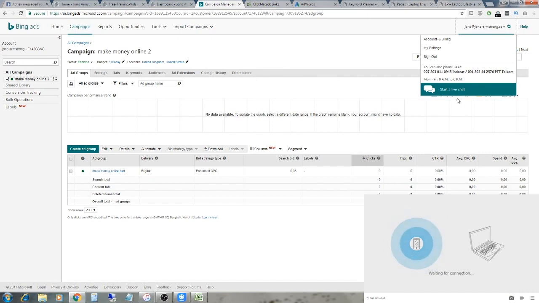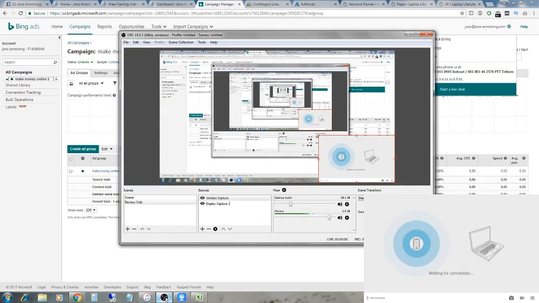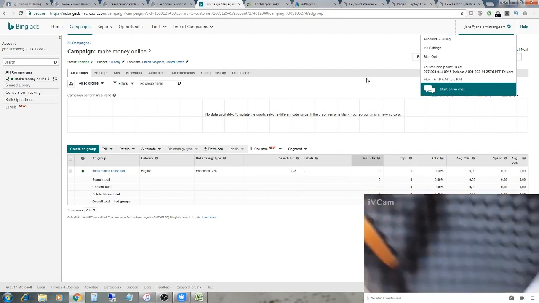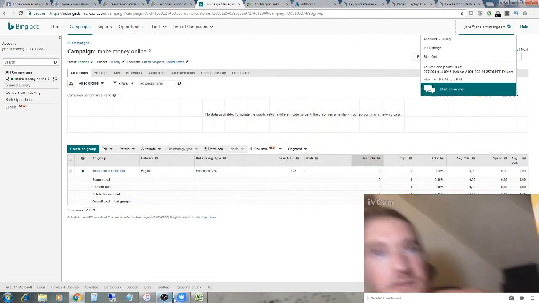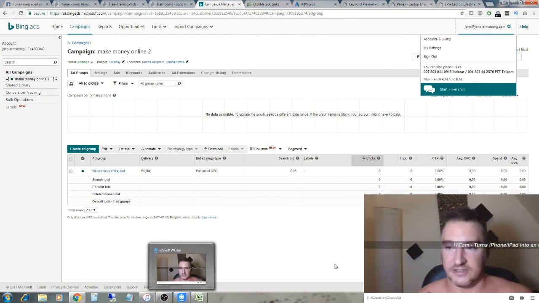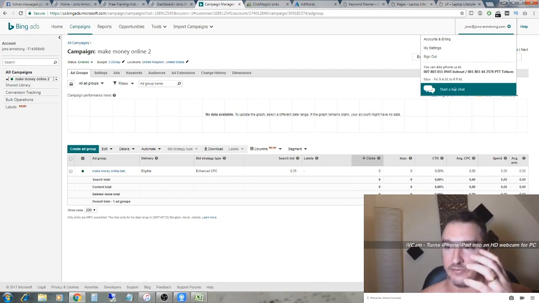Now, the way that you do that is you click on start a live chat. What's going on with my webcam? My battery ran out. Let me just have a look. You just click on start a live chat, and then you need to chat with the people on Bing here. There we go, it's working now. You need to start a chat with the people on Bing here,